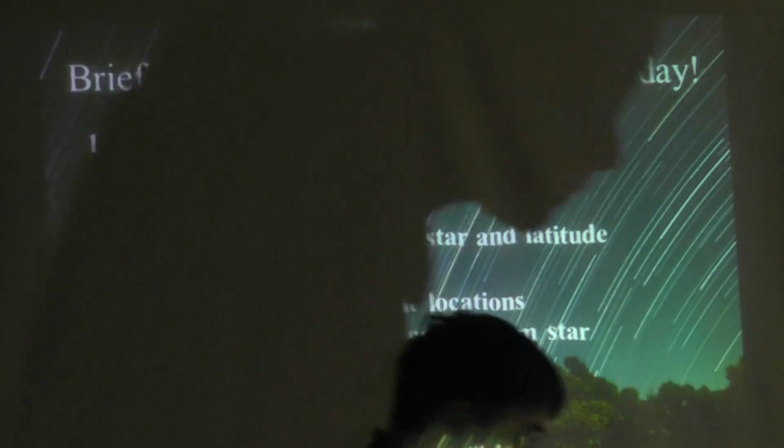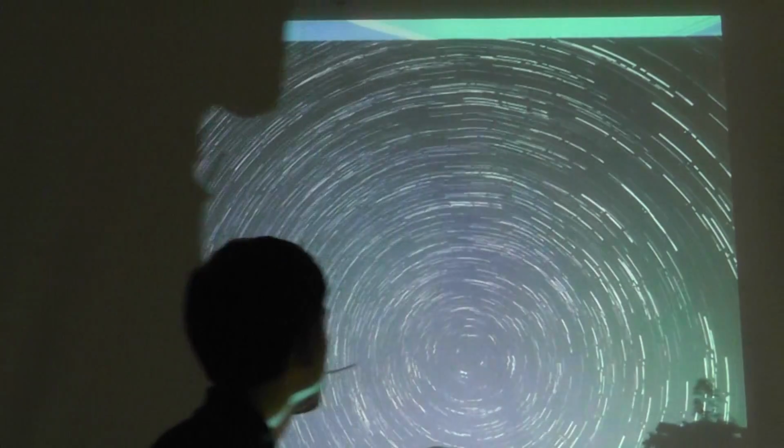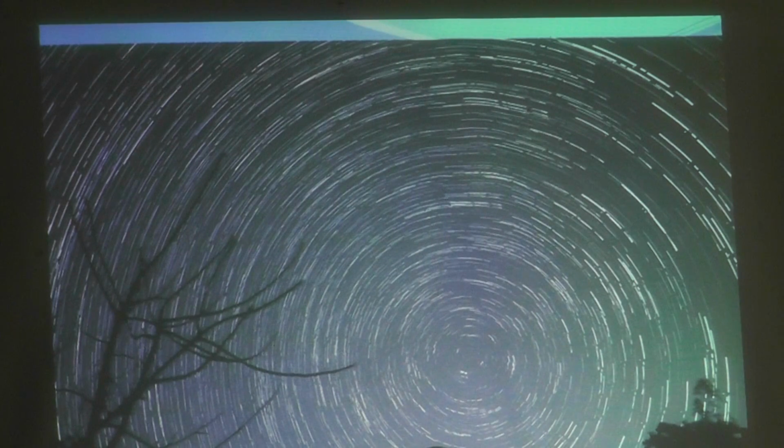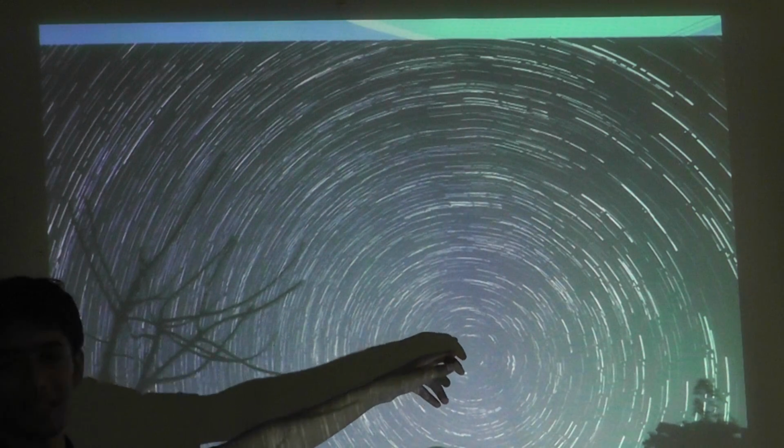Okay, so I'm going to begin with this first photograph. Can anyone tell me what this photograph looks like, or what this photograph is? It's a meteor shower. No. It's the rising and setting of stars. It's a star trail image which has been taken by our member Amol Kamkaria, and this is the place which would be exact north.